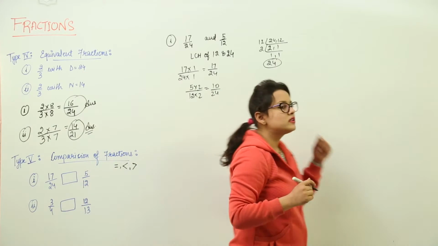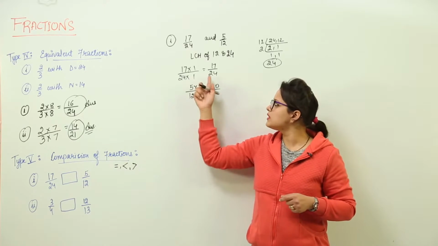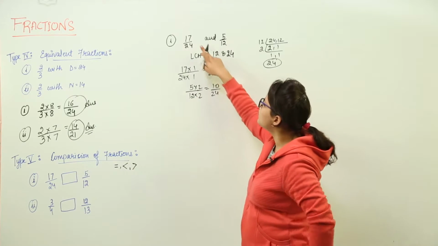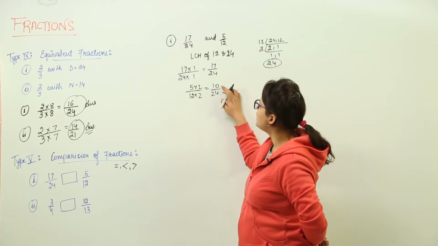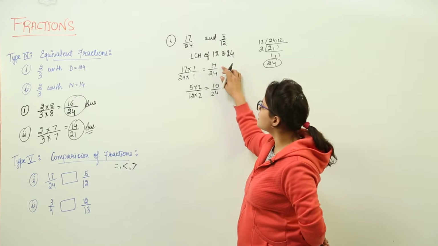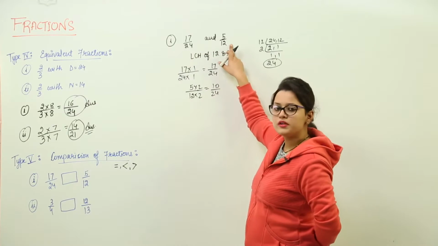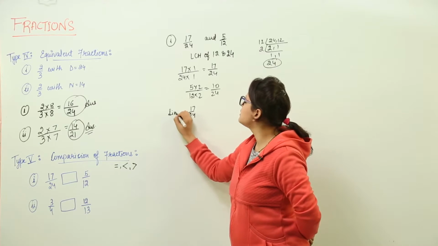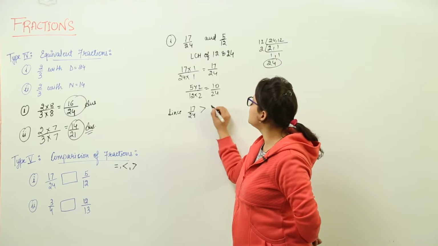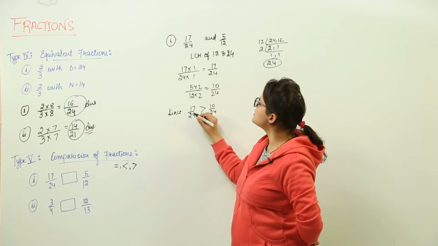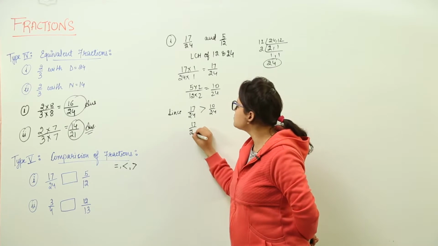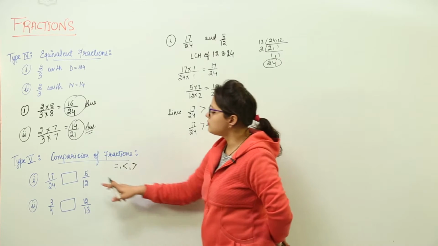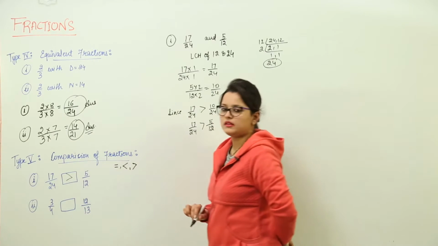Now because we have got both the fractions having the same denominators, we can compare their numerators. The numerator of 17 upon 24 is greater than the numerator of 10 upon 24. Now originally these fractions were 17 upon 24 and 5 upon 12. So we write 17 upon 24 is greater than 10 upon 24. That means the original fraction for this was this only, but the original fraction for this was 5 upon 12. So what will be the sign coming over here? It will be like this, right?